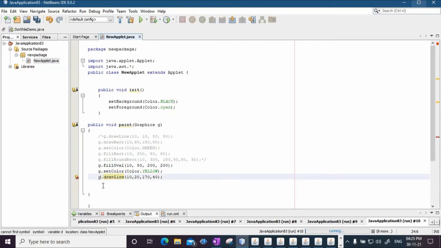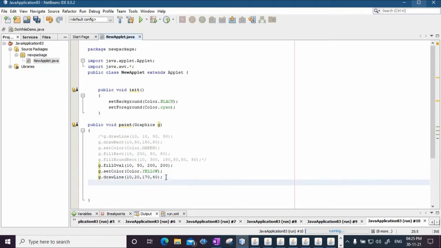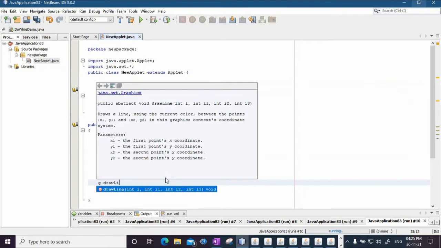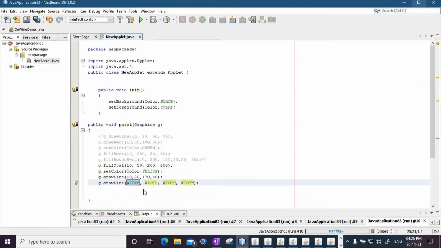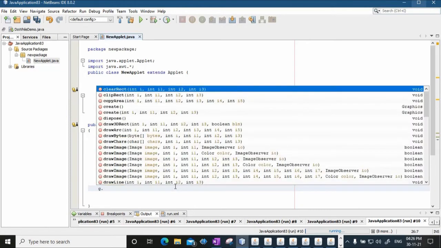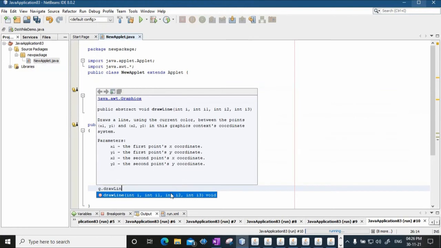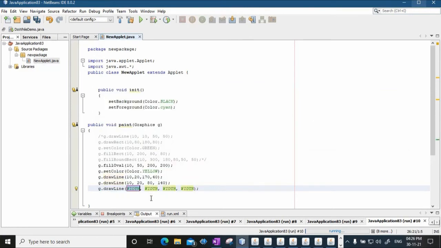Then I'll say g.drawLine again. The second line will be from 10, 20 to the next point, 80, 140. And third, g.drawLine. The third line will be from 170, 40 to 80, 140. I am drawing a triangle.